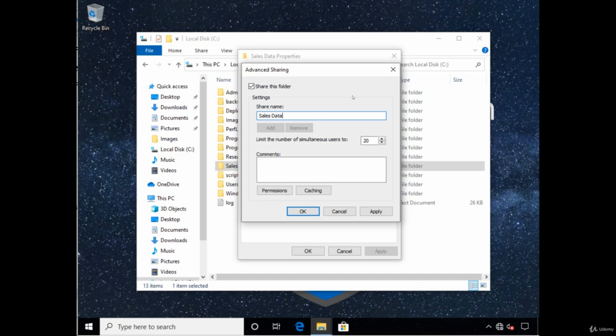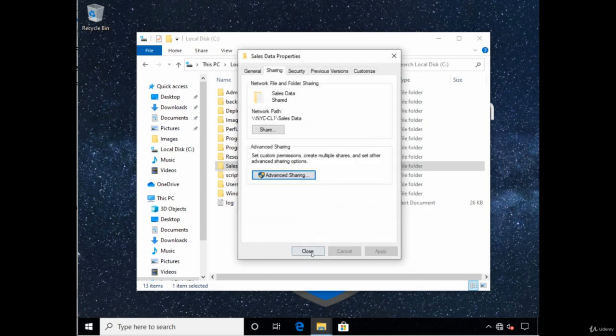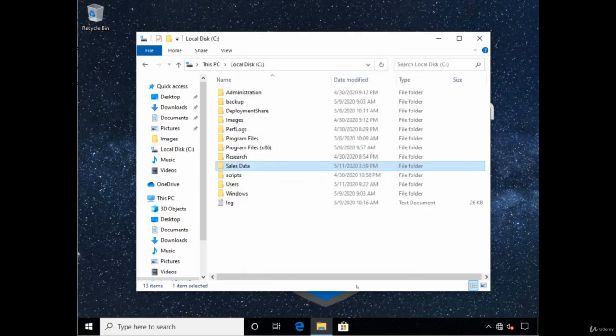I'm going to make it available. By default, Windows 10 is only going to allow you a maximum of 20 connections. This is not a server, and they don't want you using it as a server, so there's a maximum of 20 connections at a time. You could lower that number if you wanted to. From there, I can set permissions on it, which is the access control list for sharing. I'm just going to click OK, click OK, click Close,